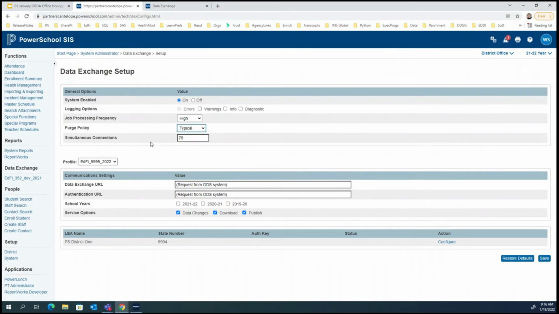This one right here, we're going to set to typical. Let me talk to you a little bit about purge policy. This setting has to do with removing old records and messages. For example, if you've been taking a look at your dashboard from time to time, and don't worry if you haven't been, it's okay. Some people reach out and say they haven't done anything with it since last year, and that's fine. But if you see a message that says the message for this error is no longer available, it has to do with this.